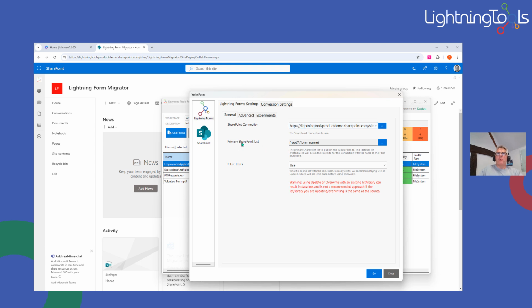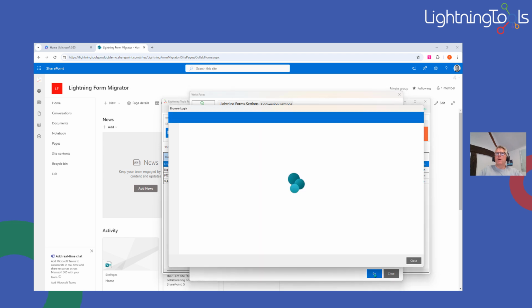Notice we've then got the SharePoint list. So this is going to be named after the form that we're going to migrate. So my form is called Employee Application. We could change that if we want to. And also notice that we can choose what to do if the list already exists. So if you're maybe making multiple attempts at doing the migration, you can choose whether you want to overwrite the list or update the list as well. So I'm just going to hit go on this,